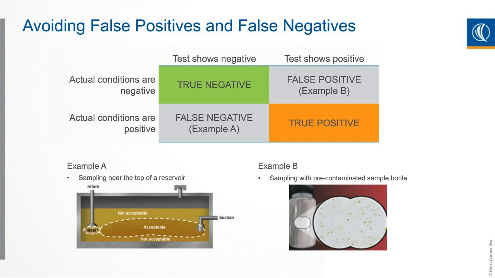And then once it gets to that reservoir, it then goes to the bottom, and that's not where you took the sample. So you want to be able to make sure your results at least give you either true positives or true negatives. A true positive is a test that shows positive, and the actual conditions are positive. That could be a bad thing, depending on what you consider positive. And true negative means that the tests show negative and the actual conditions are negative, which is really what you want. Either way, you want to make sure the results you're getting, the tests you're running, are from a sample that is really the true information about your machine.